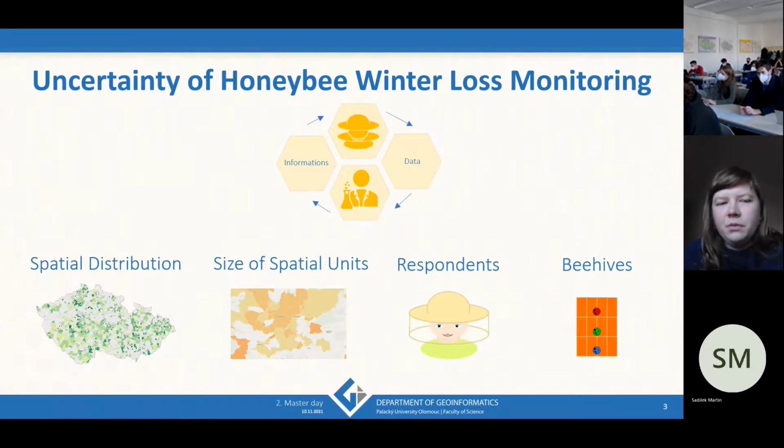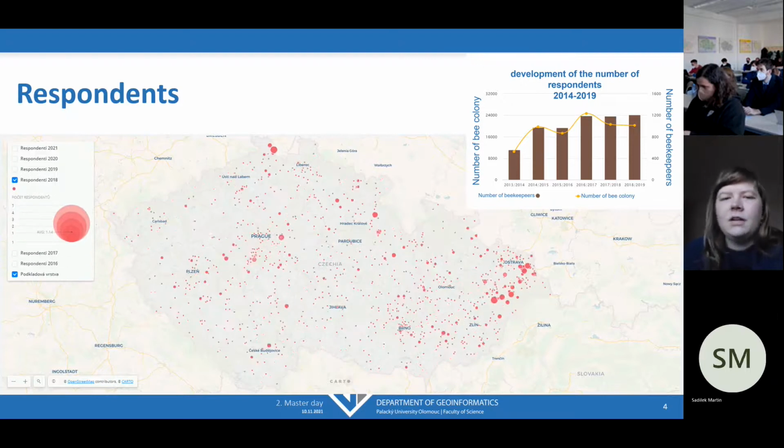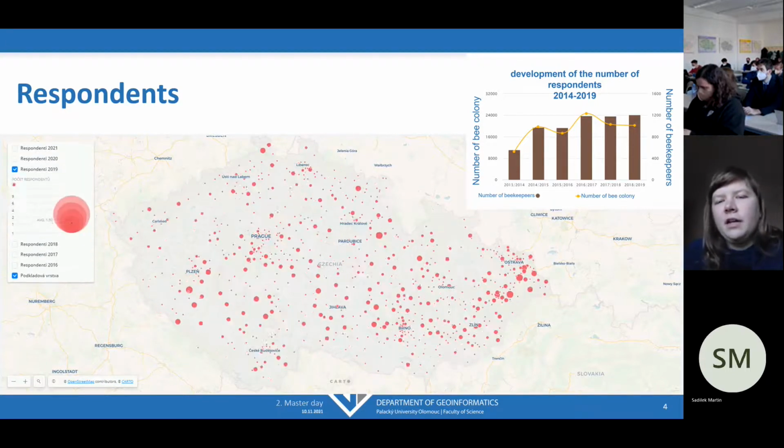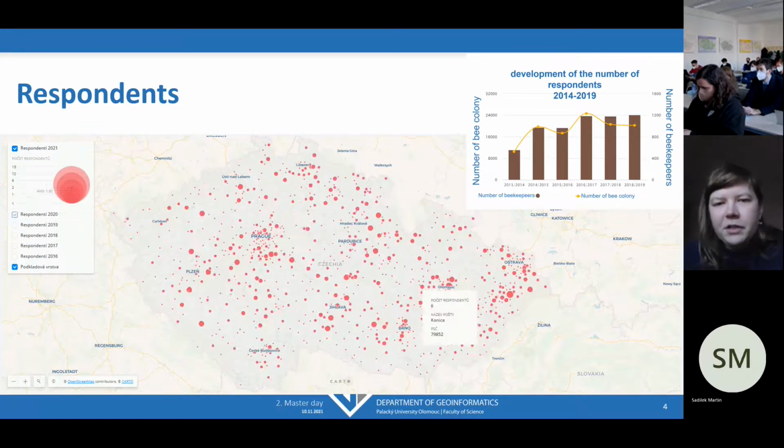And we also have a problem with spatial distribution, which is changing every year, and the size of spatial units, because the winter loss monitoring is geo-coded to zip codes of the Czech Republic. Here you can see how the number of respondents and their spatial pattern is changing through the years of the survey. And in the top right corner graph, you can see that a higher number of respondents does not necessarily mean a higher number of